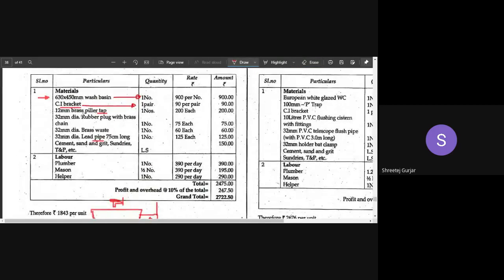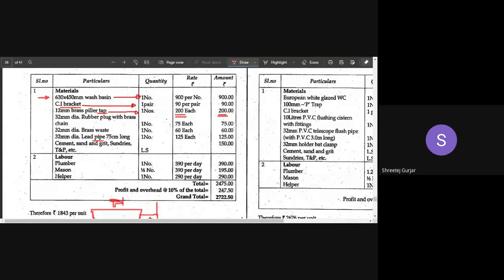Okay. So here we need one tap, right? One tap, I've told you one tap is required, no problem. So you can see the tap rate that they have taken is 200. And if you have been to the market, you might be knowing that the tap rates are not 200, they are almost 5 times this particular rate, right?